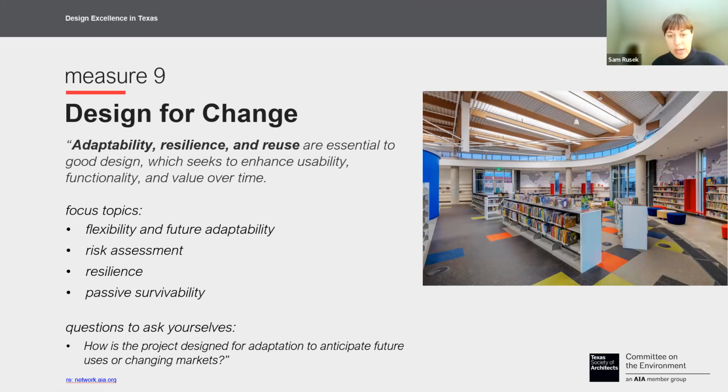And we'll get into that lifetime of the building when we get into the Common App in that spreadsheet. So flexibility and future adaptability of a space, if possible, risk assessment, resilience in terms of materials